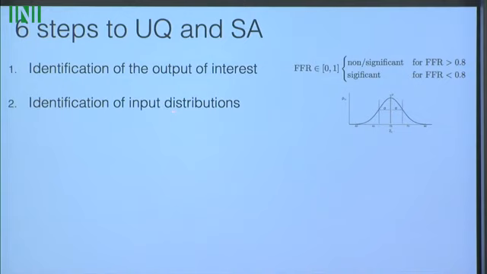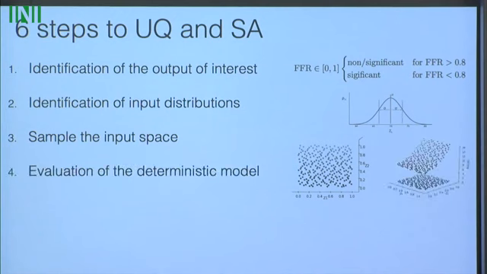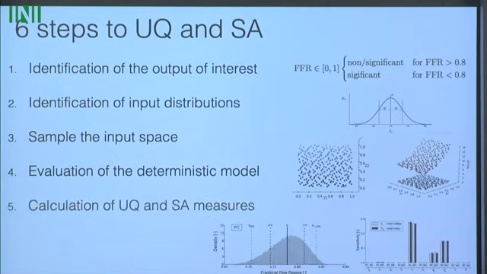errors associated with the input variables. Then you have to sample in this input space of those input variables. Then you do some evaluations of the deterministic model for all your input space, and then out come your predictions. And then you calculate UQNSA measures, which can be the distribution of your predicted variable, your output of interest, along with some sensitivity measures. And of course, you have to assess convergence,